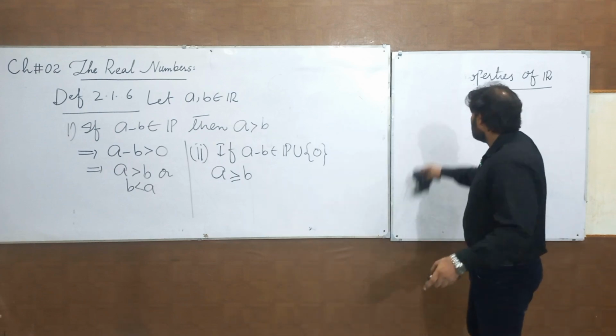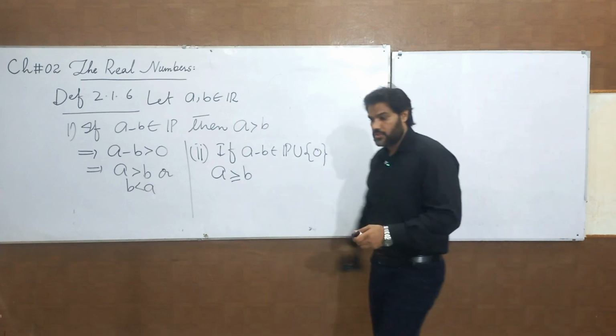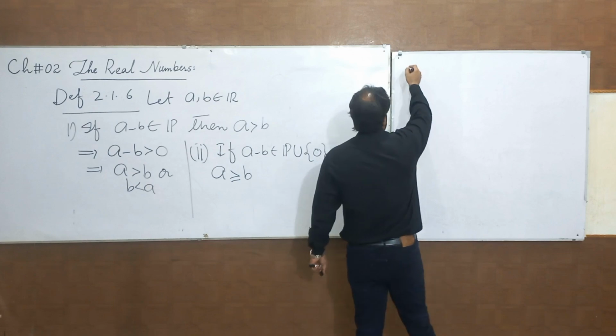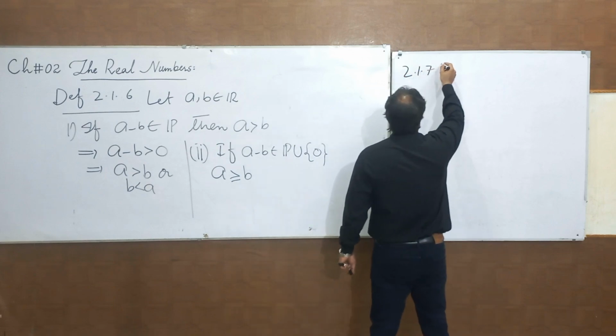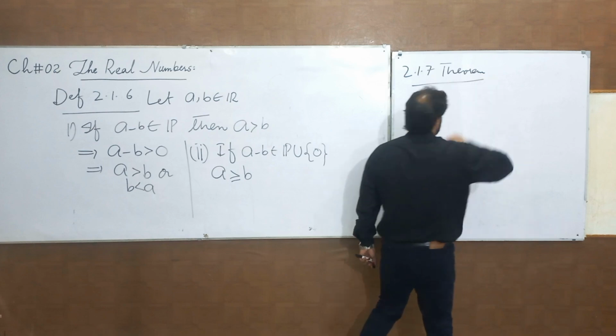These rules of inequality are actually the order properties of R. This theorem says that